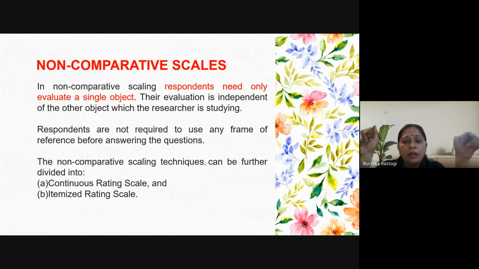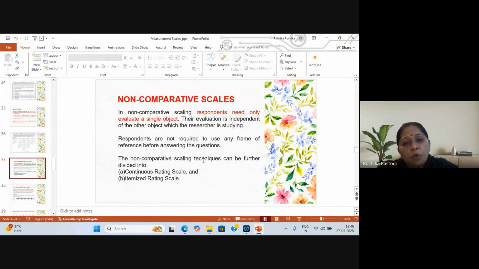So there is a model in which we have 4 variables, 3 independent and 1 dependent. When I am about to ask questions about cash, credit, interest rate, and economic well-being, there are more than 3 variables in this. There are 4 variables. Can you give me the answer: which scale should be used, comparative or non-comparative? Any one of you.